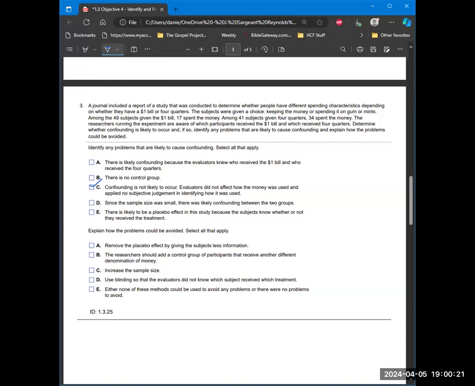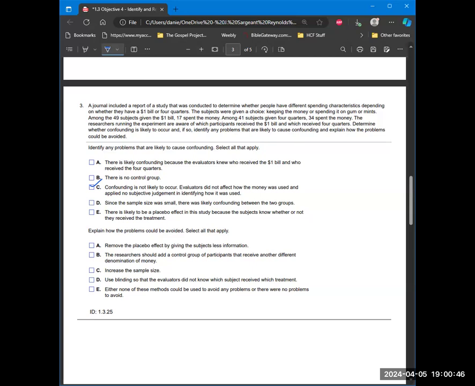Since the sample size was small, there was likely confounding between the two groups. No, there wasn't. It was very clear who was in which group, and there were no other factors there other than their free choice about whether they wanted a $1 bill or 4 quarters and whether they wanted to buy the gum and mints or not. So